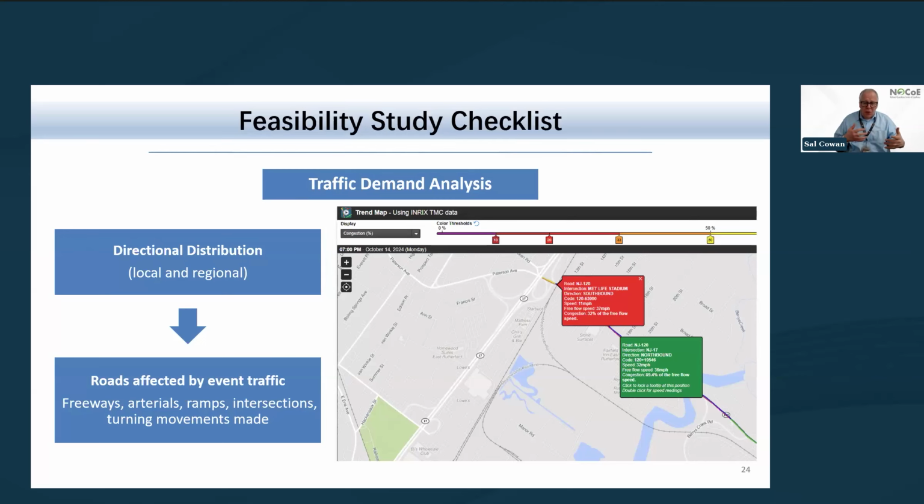So some internal roads, that picture I showed you before of MetLife Stadium with all the parking, some of those roadways might not be accessible because they've got to create pedestrian and security barriers for safety reasons. Anybody who's been involved with FIFA 2026, you know that the safety and security issue is the highest priority. These are worldwide events. But, if you look at the screenshot that I have here, our analysis in New Jersey focuses primarily on the speed data we get from the University of Maryland and the RITIS analysis platform.